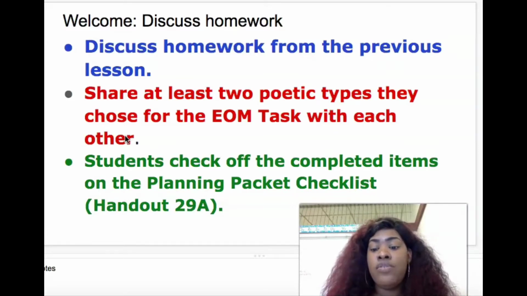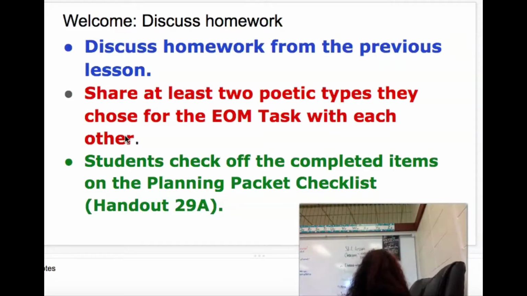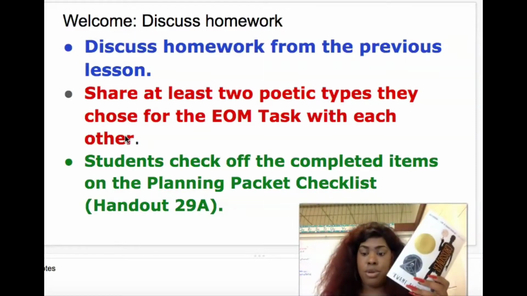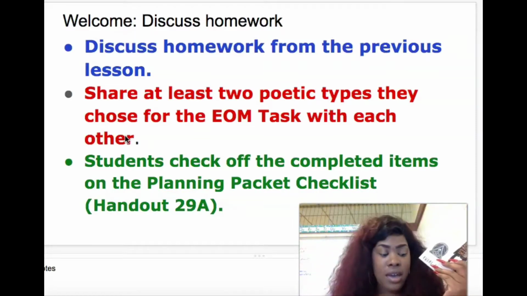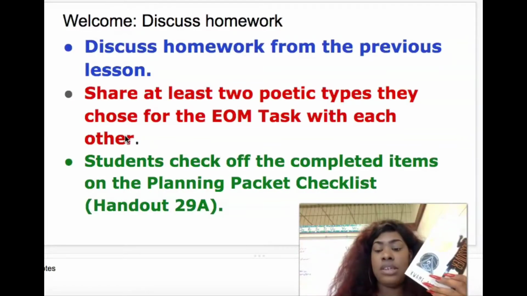These are all the different poetic types that we encountered when we read The Crossover. So when you were reading The Crossover book, you should have come into contact with many different types of